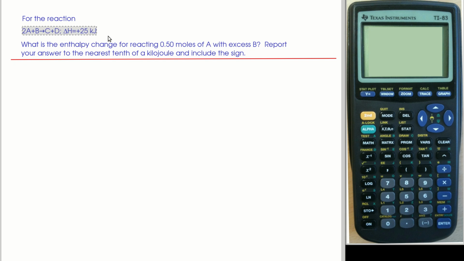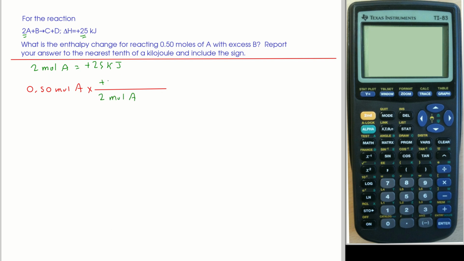So if you look in the equation, what we've got is for every 2 moles of A, so the 2 comes from right here, that's going to be equivalent to 25 kilojoules. So all we got to do to solve this then is start with 0.5 moles of A times, do a little division bar here for our dimensional analysis, but this one's going to be really short. So we want to get rid of moles of A, so put the moles of A part of the factor on the bottom,